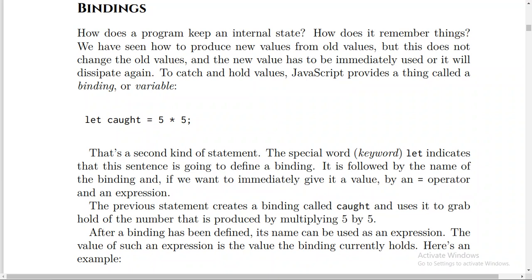The previous statement creates a binding called quote and uses it to grab hold of the number that is produced by multiplying 5 by 5.